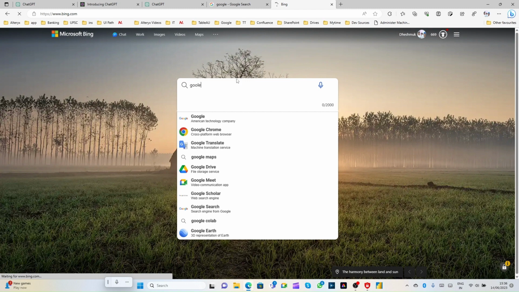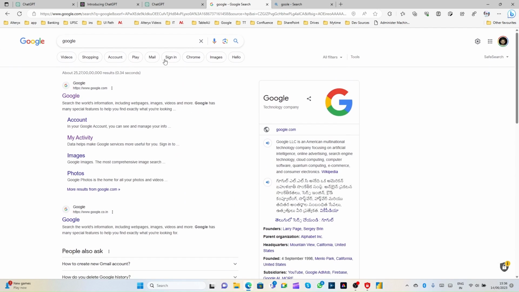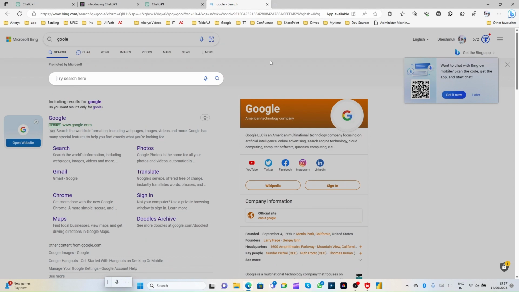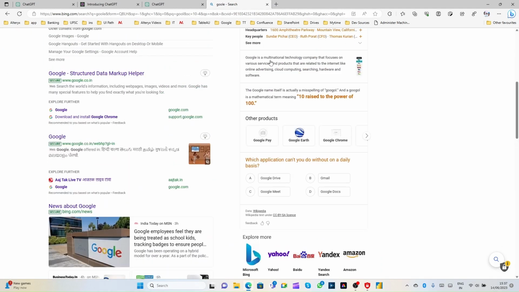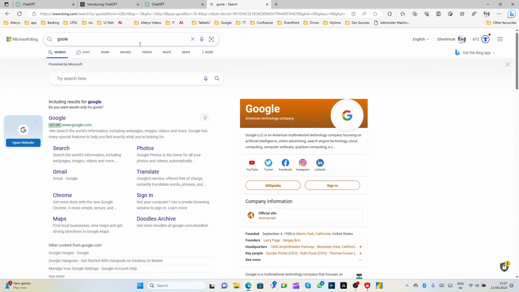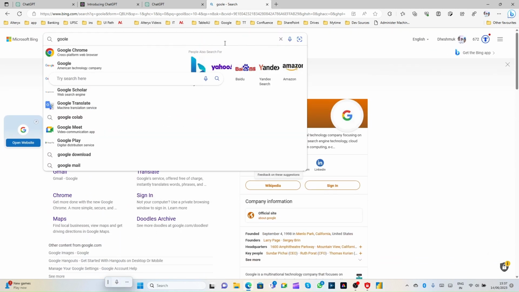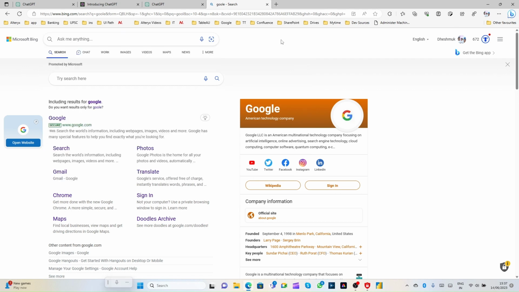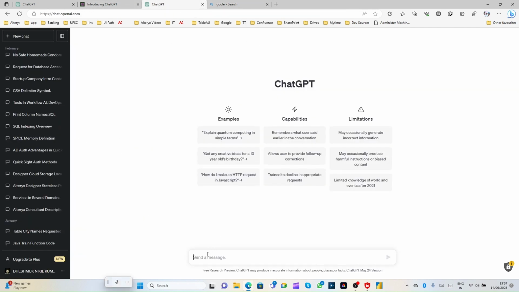it will provide relevant results. My internet is a little slow today, I don't know why. This is how it will give the results. Google, see, now this is Bing. It will give all the relevant results for the keywords or the query which we enter in the search bar. But when it comes to ChatGPT, if I type Google here,